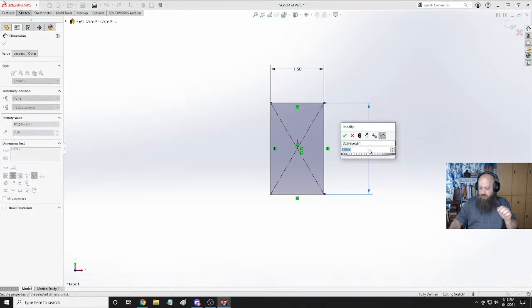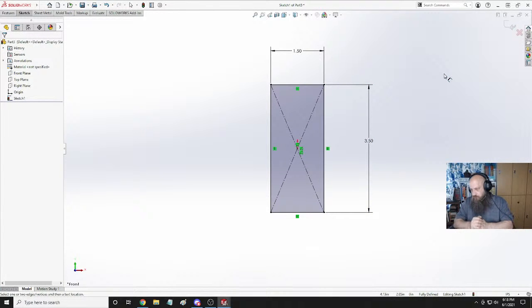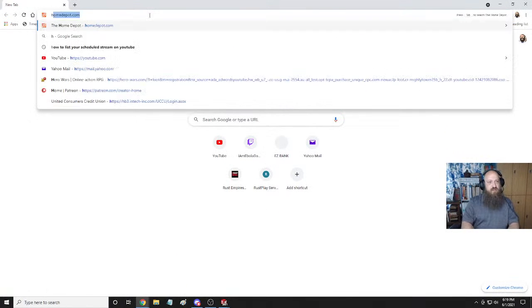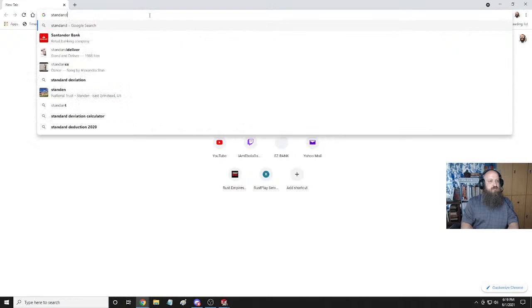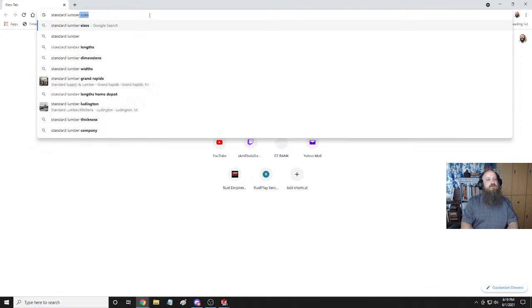Let's try and enter the right number there. All right. Now, these are available in 8-foot sections, I believe. Standard 2x4s. I think you can get 10 foots, 16 foots. I believe I'll have to double check that. In fact, this is one of the things that you will see designers do. They verify. So standard number sizes,